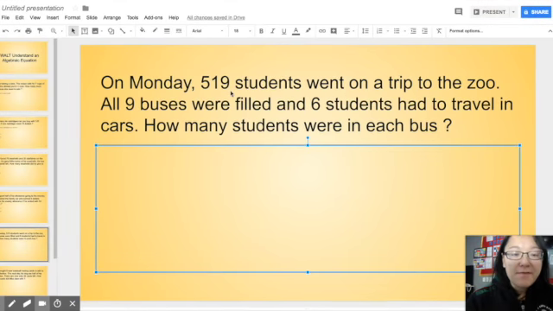Okay. 519 students went on a trip to the zoo. 9 buses were filled. 6 students still had to travel in cars. How many students were in each bus? So let's say N is the unknown, the number of students in each bus. 519 is the total. 9 is what you're dividing it by or timesing it by, and 6 is what's left over. So the equation would be N